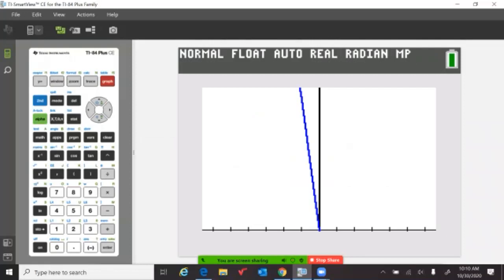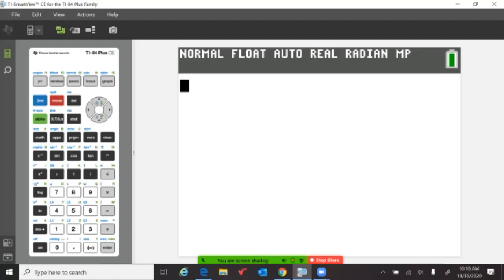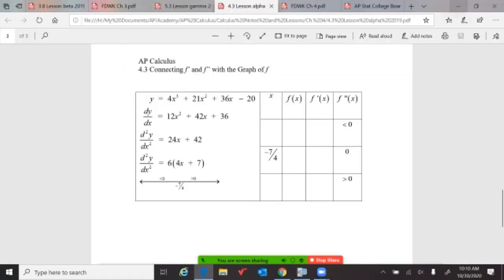Okay, so the graph, it's not a good window, is concave down, and then it's going to begin to be concave up, which you can't see in that picture. That was the issue. He gave you numbers that you're not going to be able to tell just by looking at the picture. All right? So, if you're at home